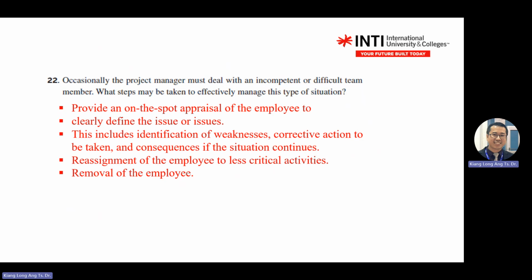Try to avoid removal unless the employee is really, really bad and does something that is against the law, and you decided not to use this person forever. Got discipline issue, got law issue, break laws, not honest, take bribes, all these things. You catch them, then you remove them from the company. Make a police report, and then let them settle with the court. Okay.